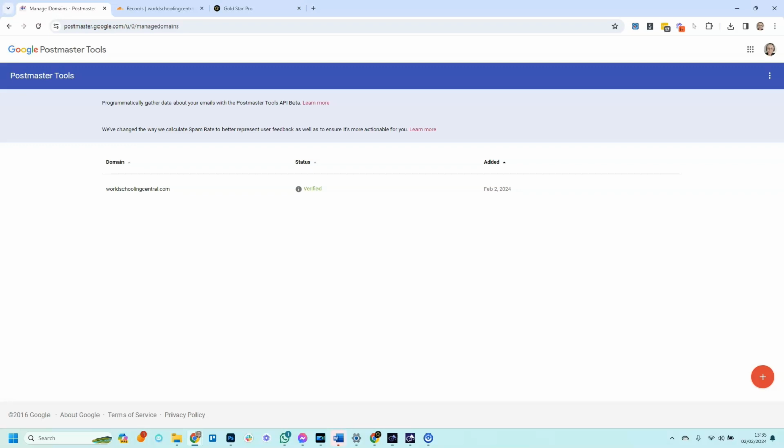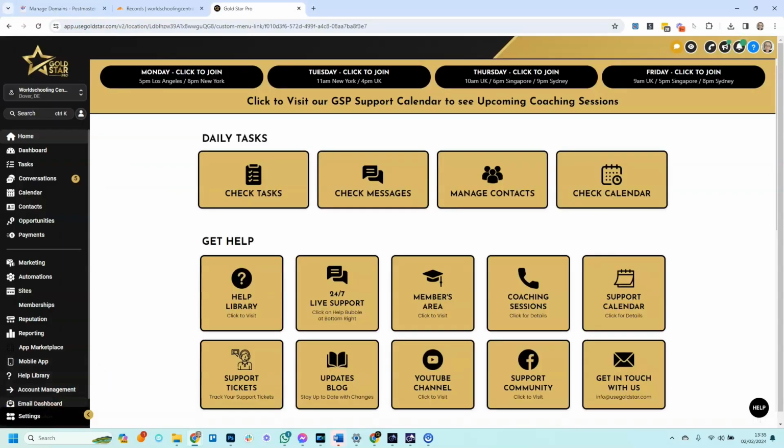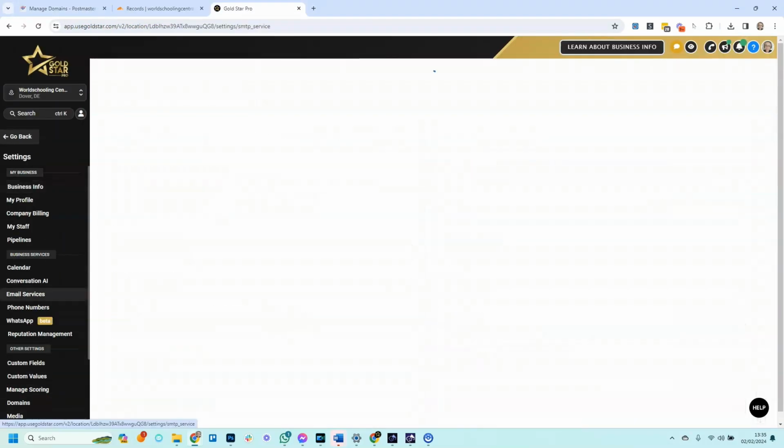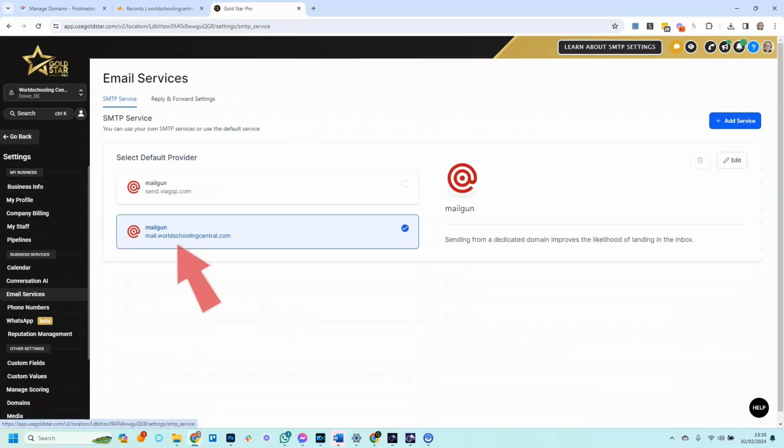Where do we find that? Simply go over to Gold Star, click on Settings in the main menu, and then click on Email Services. We can see here that we're using